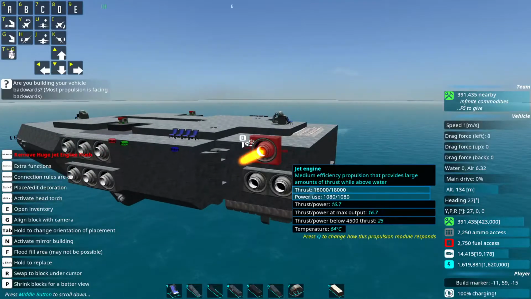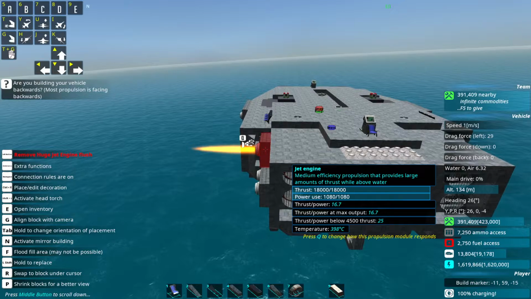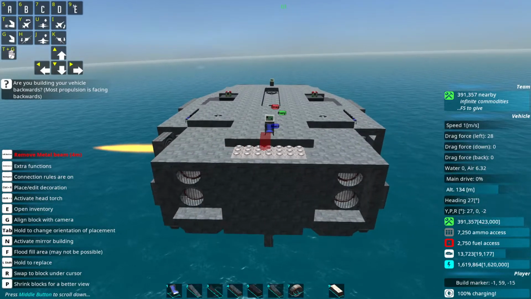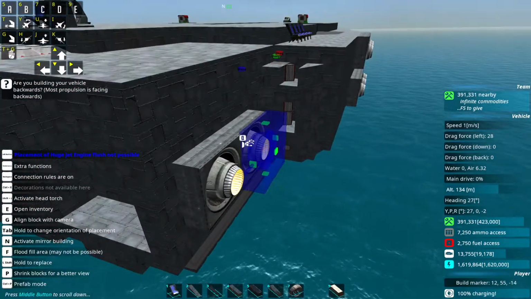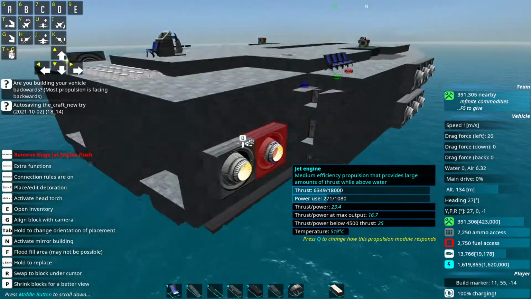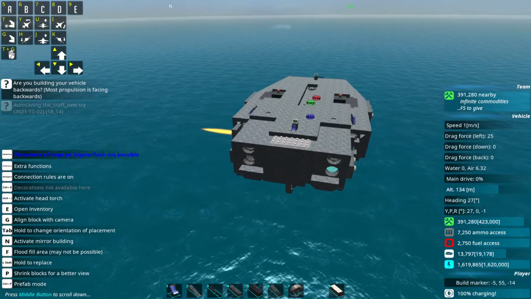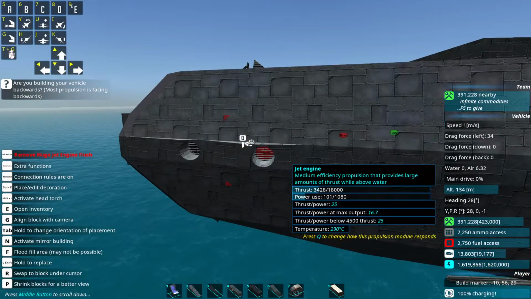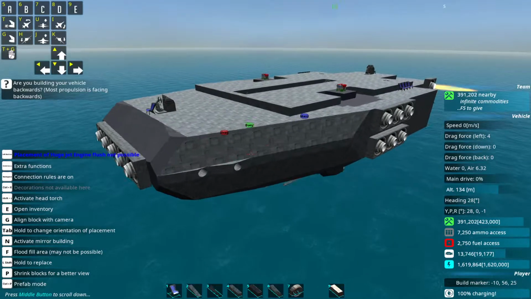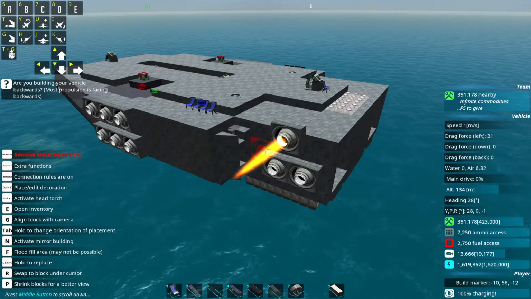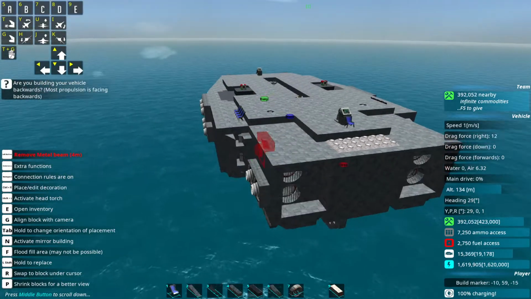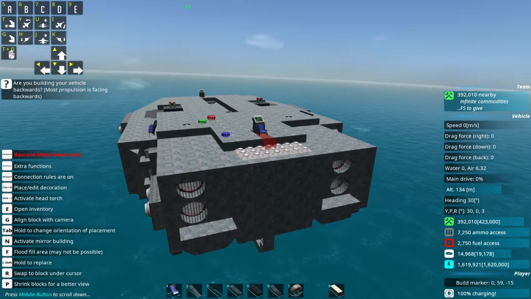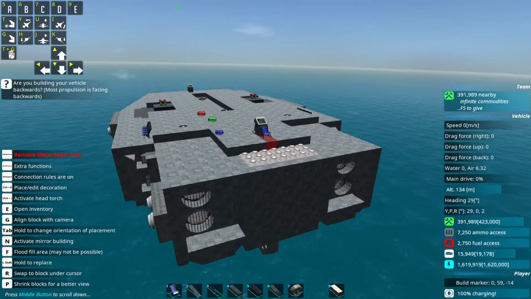Let me just simulate that by adding this thruster. And you see, this craft won't get pushed around. It keeps its direction because now those thrusters right here produce a counter force to those thrusters at the front, I guess. So yeah, we have something that tries to stabilize us in yawing as well,